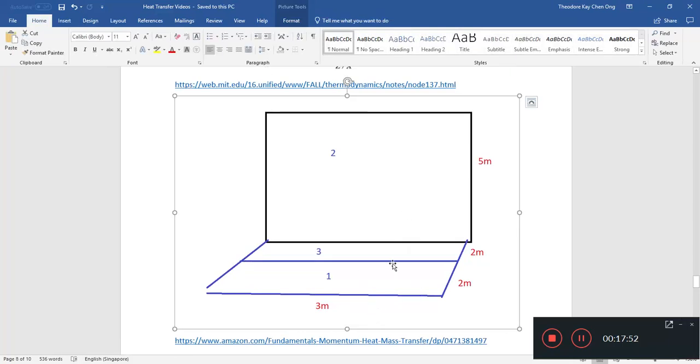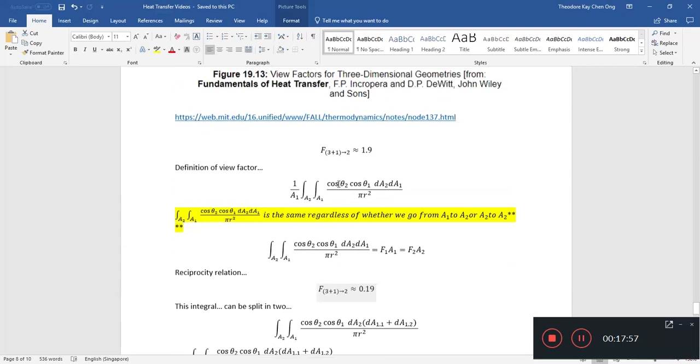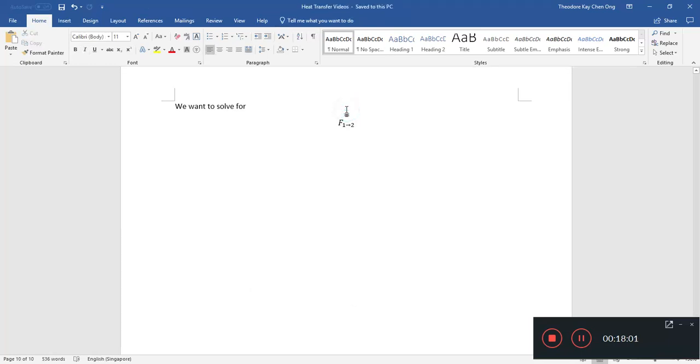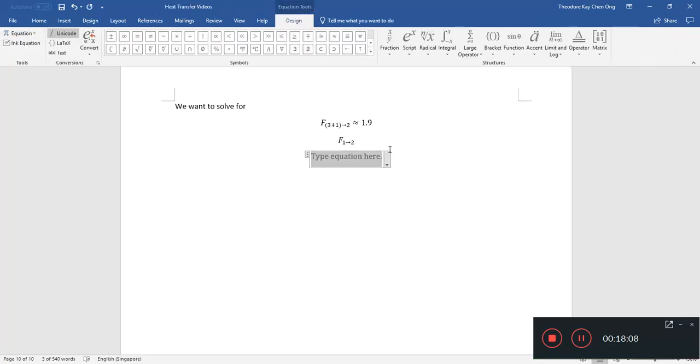But we have the F of 1 plus 3 going to 2, so we can put all this into a formula. F 1 plus 3 going to 2, A 1 plus 3 equals F 1 going to 2,